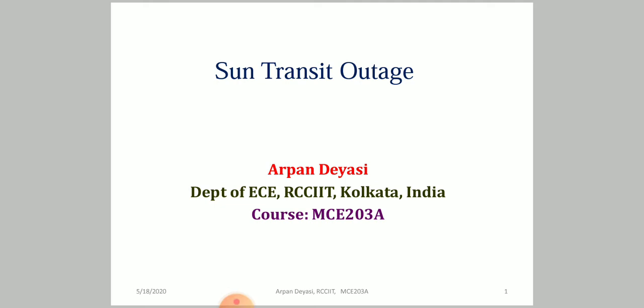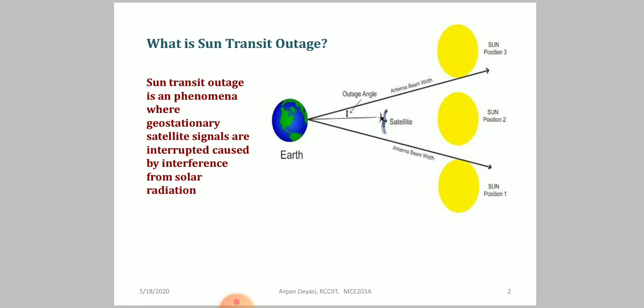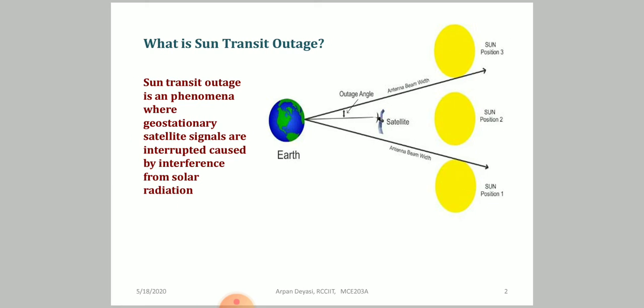Today our objective is to calculate the solar eclipse and also the basic idea about the sun transit outage and the Doppler shift, etc. So this is a very short module and I will just briefly describe the mathematical formulation to calculate the data for the solar eclipse, actually the number of days. So without wasting time, I am going to the course again. And first I am starting with the sun transit outage.